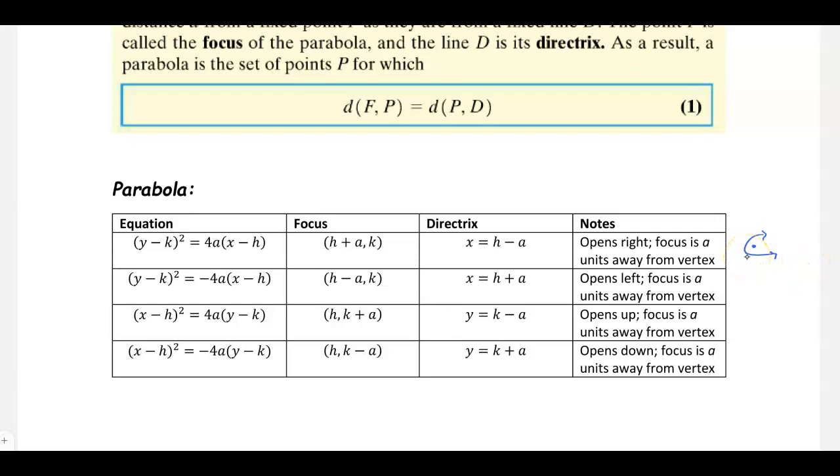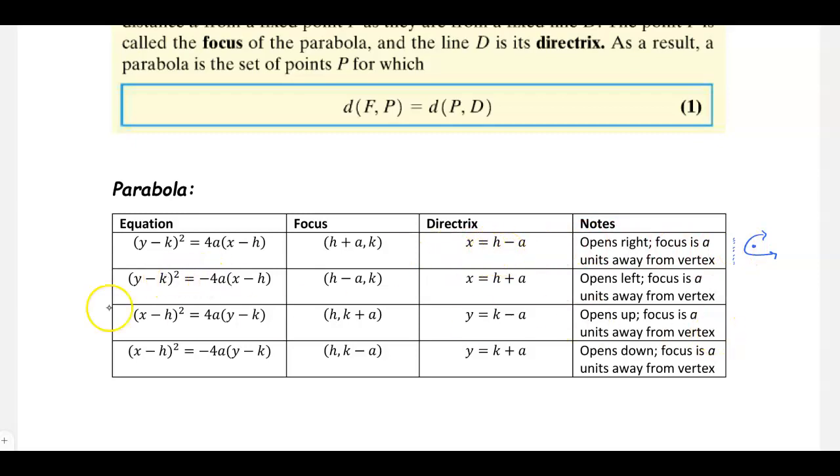And then the directrix is going to be the other way. It's going to be a line that's never going to cross that parabola, but it's going to be the same distance from the vertex to the directrix as it is from the vertex to that focus point. So when we look at this equation, (h, k) is the vertex. We're going to move a inside to find the focus, and we're going to move a outside to find the